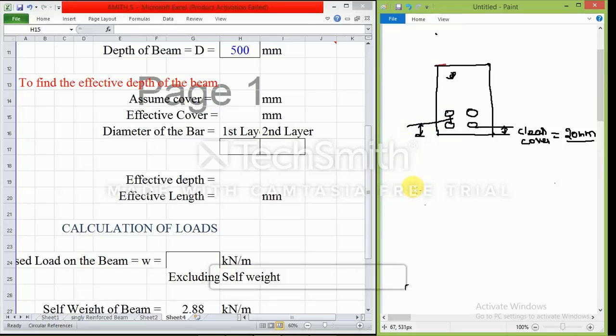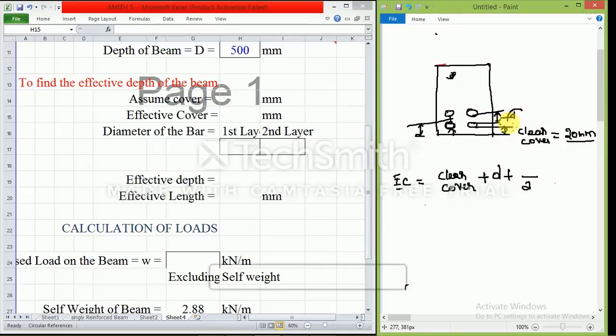So what is the formula for effective cover? It is very simple. Effective cover is equal to clear cover plus, from here to here it is clear cover plus dia of this bar, plus this distance divided by 2.